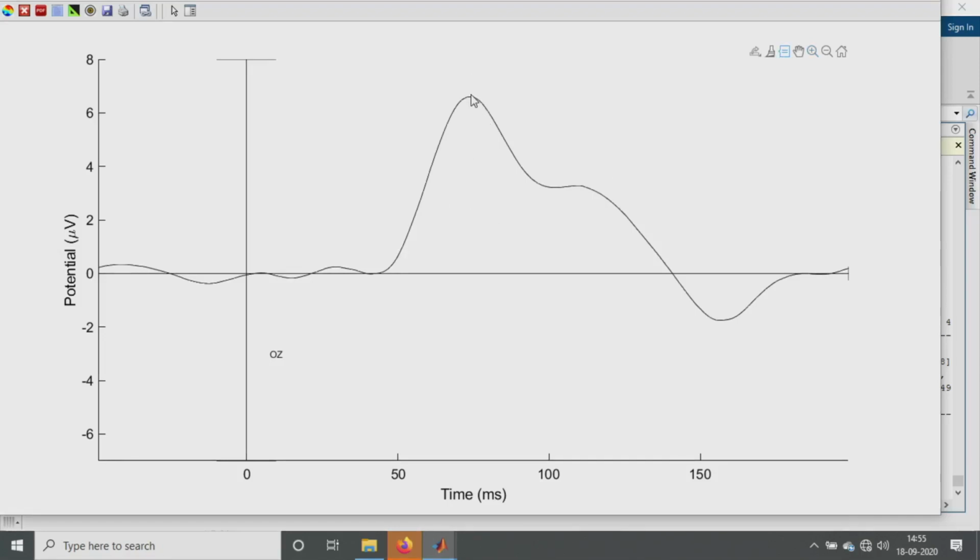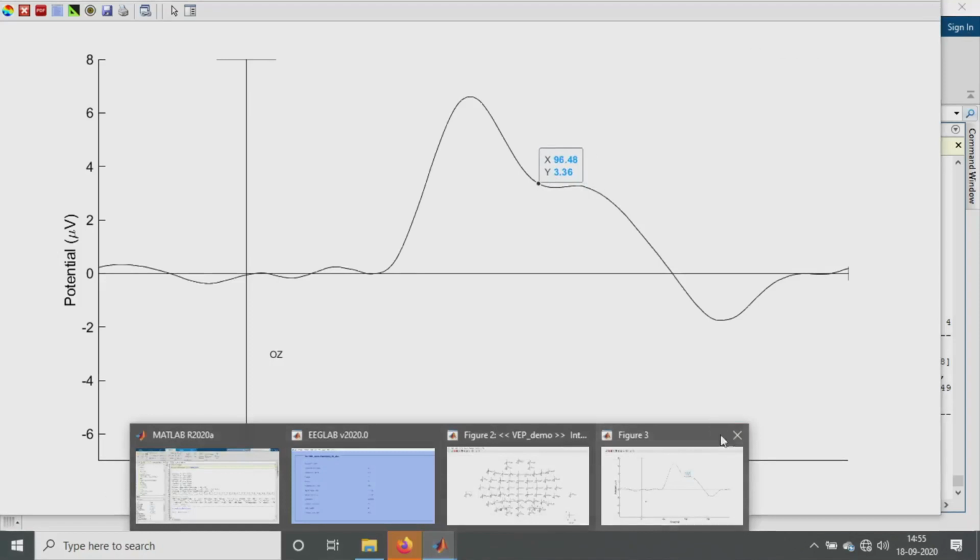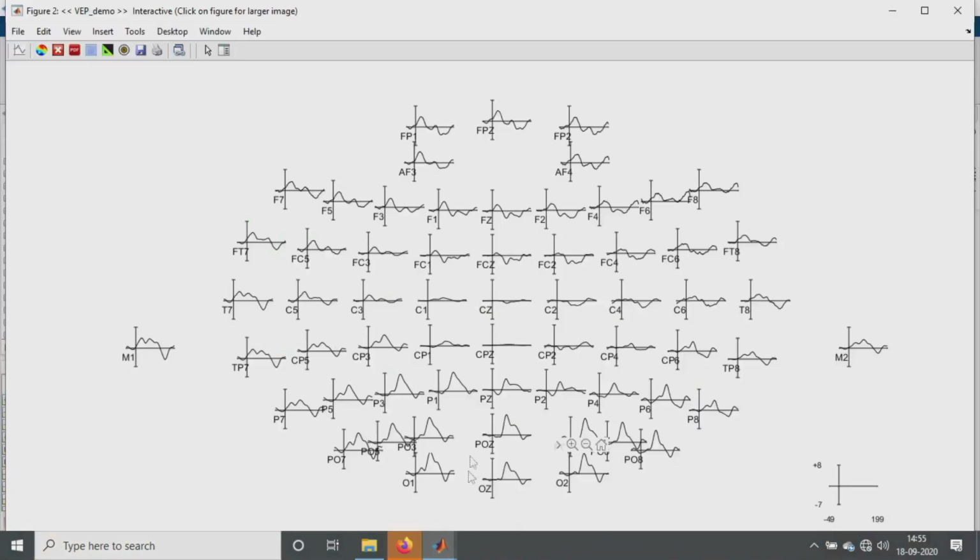Here the positive up, the negative up is coming in this region. Actually this is a bit weird. I mean, it's quite a different data set.